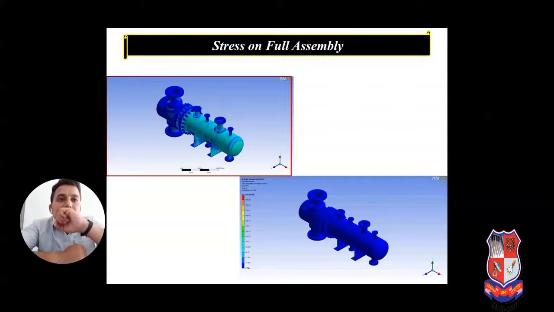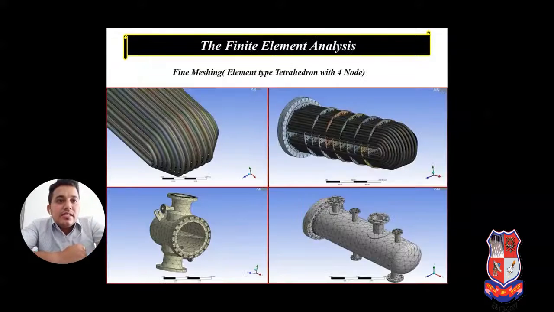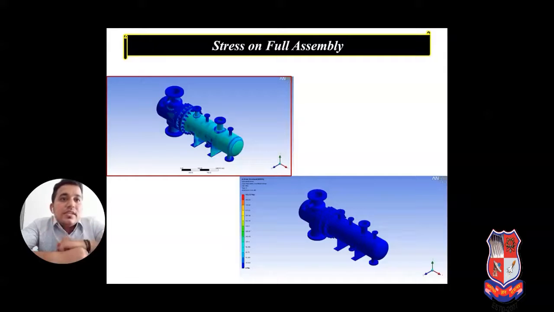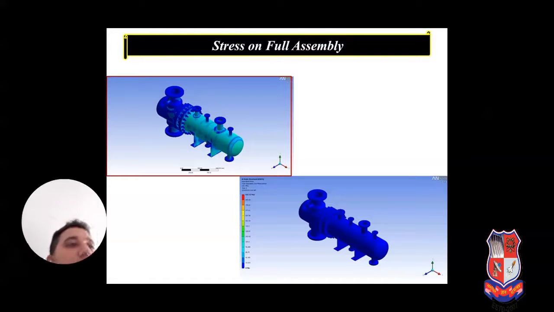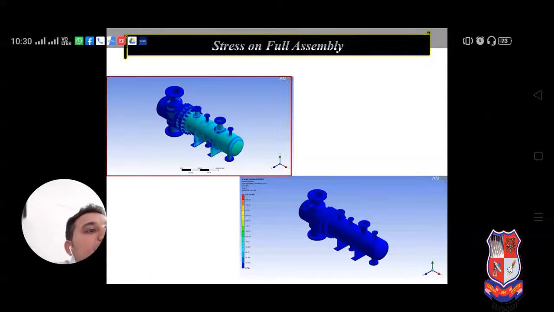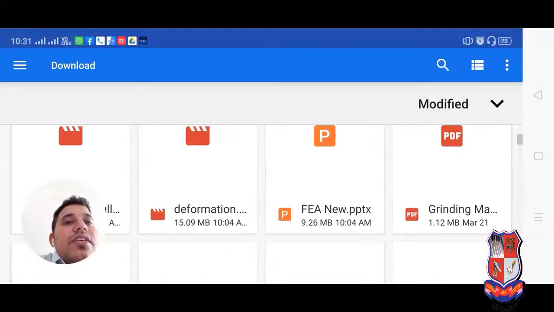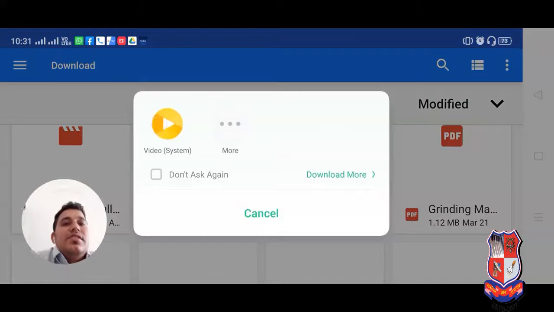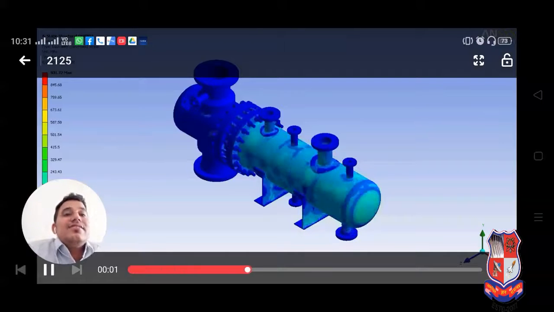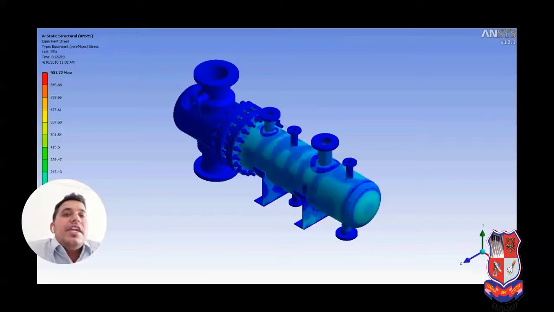After applying this load, we look at the stress on the full assembly. Have you observed here? I will show you the video, one minute. Here, if we select the stress, this is the stress result.